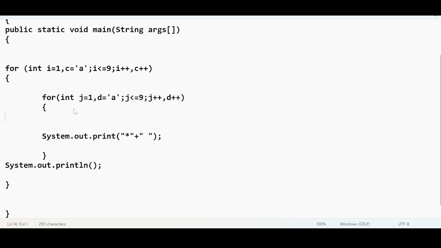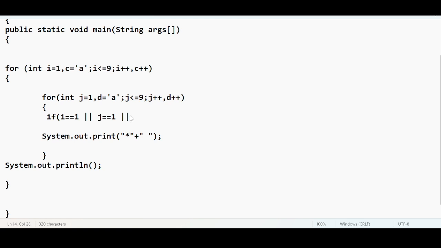What I am saying is, if i equal to 1, for i equal to 1 or j double equal to 1, I mean